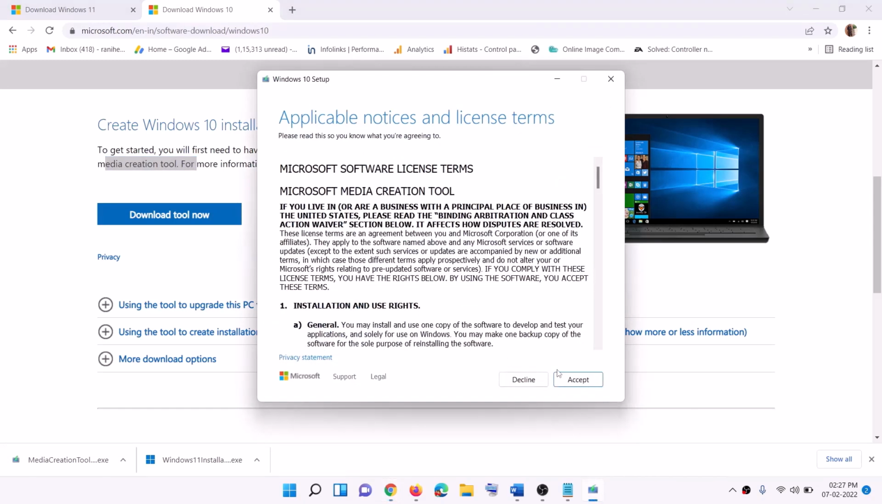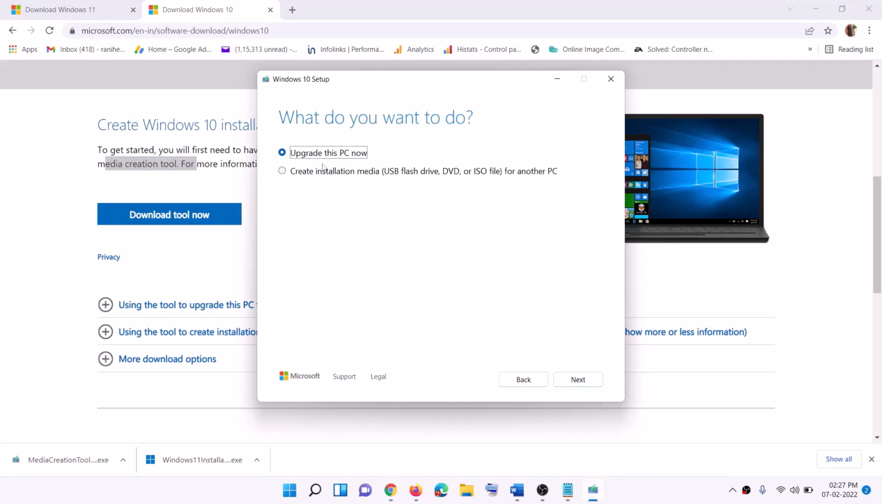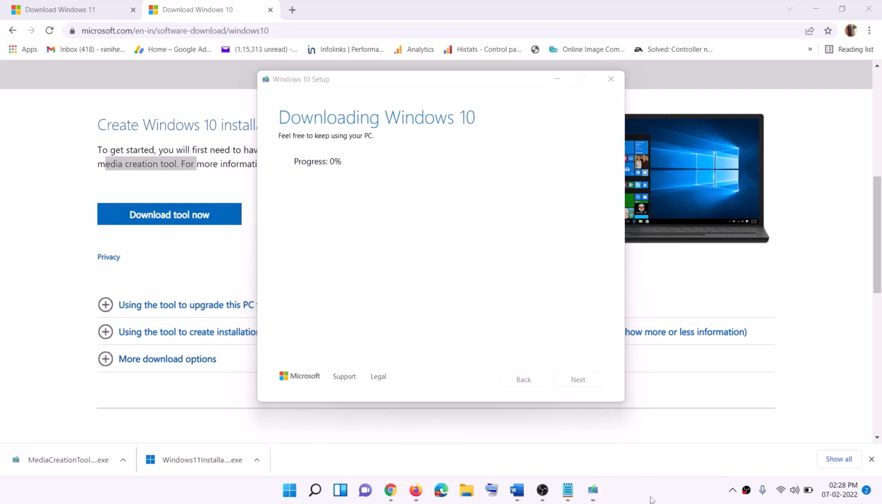Then you will see the screen. Click on accept. By default, upgrade this PC now would be selected. Click on next. It will start downloading Windows 10 along with the latest update. Now this process will take some time. Now once the download is complete,